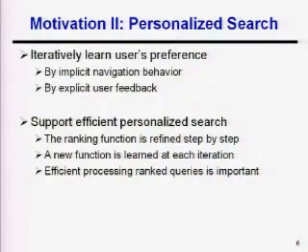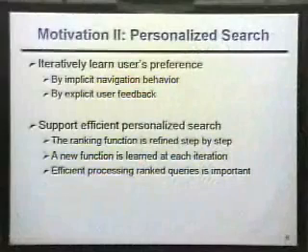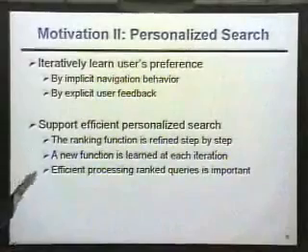This is another application scenario where we do personalized search. There are a lot of studies on how to learn user preference. This talk does not focus on that. But they can learn user preference from implicit user navigation behavior, or from explicit user feedback. But to efficiently support this kind of preference learning, the system needs to handle this iteration quite well. For example, they will learn a ranking function in each iteration, and the selection will be very general, very ad hoc. And to make the whole system very efficient, the database system has to generate the top results very efficiently.